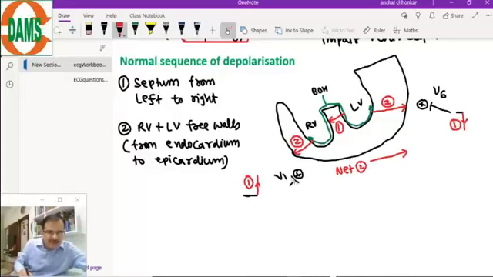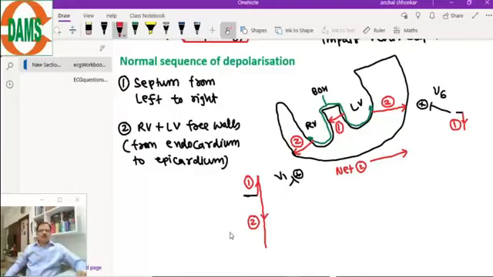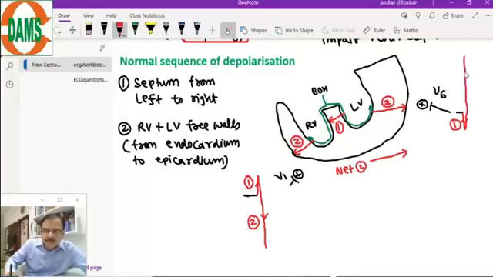Now you can assess in V1 how it will be manifested. The needle will go downward for the number 2 event. So the needle will go in a downward direction like this. The same number 2 event will be manifested in V6 as a positive event. The needle will go upward, so it will show an upward deflection like this. Number 2 event, upward deflection.